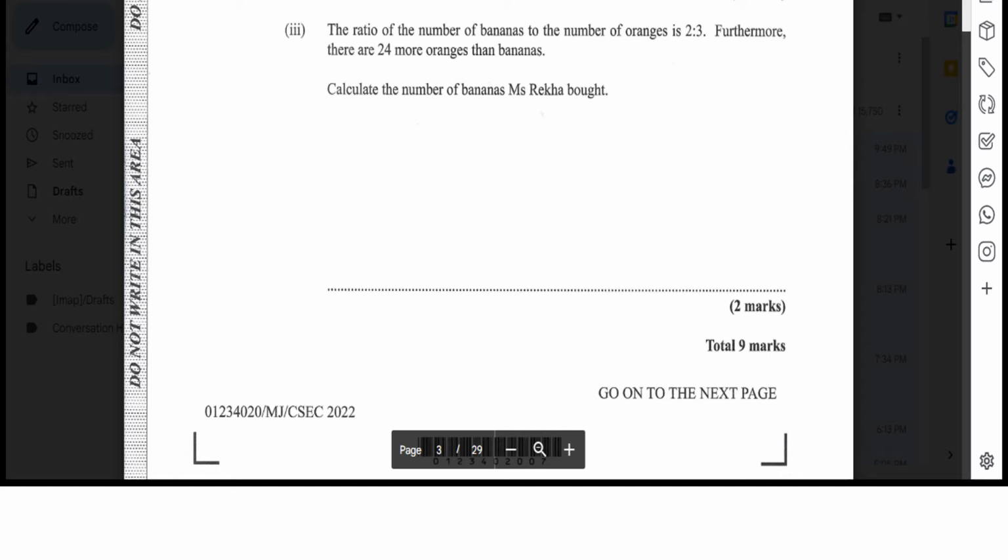This is simply a ratio question, so we will pull the marker to write B for bananas, a ratio of O for oranges be a ratio of 2 to 3, so that the whole would be 2 plus 3, the whole would be 5,